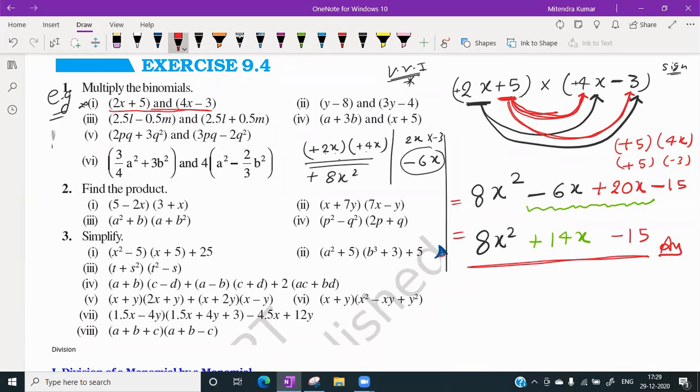Understood everyone? आ रहा है सबको समझ में? Yes sir. So if you are done with this question, अगर आपको ये समझ में आया, next question you have to try this one. I am writing here 5y minus 8, नहीं ये वाला नहीं,